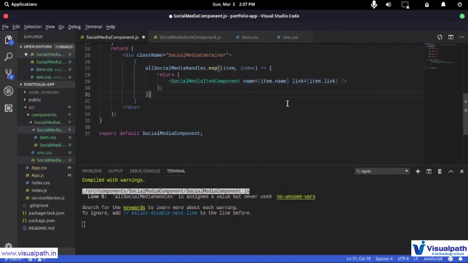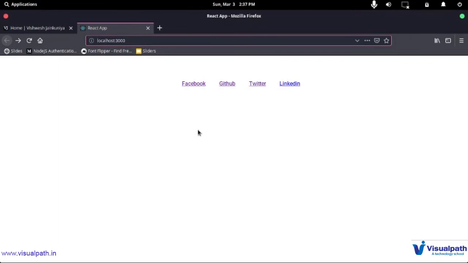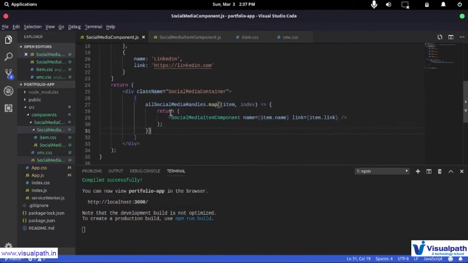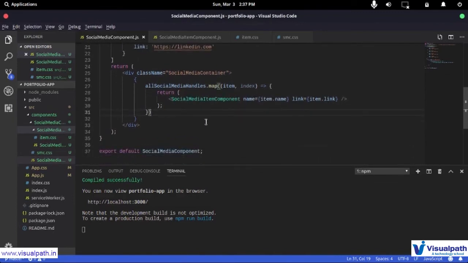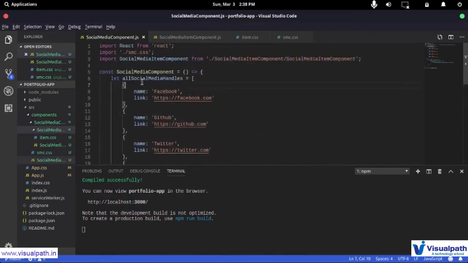Now if I save this and I go here, I see that I don't need to use the semicolon here, and if I save this, it says it compiled successfully, and if I go back, I see I didn't have to create that UI by repeating myself, but rather I had a procedural way of going about it. So I had all my social media handles stored in a variable called all social media handles, and they were objects formatted in a given format.